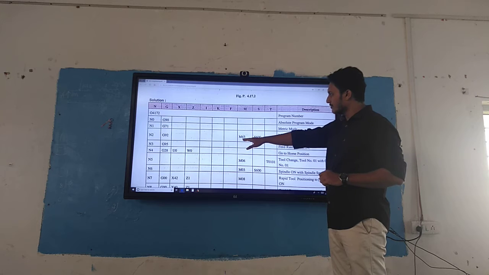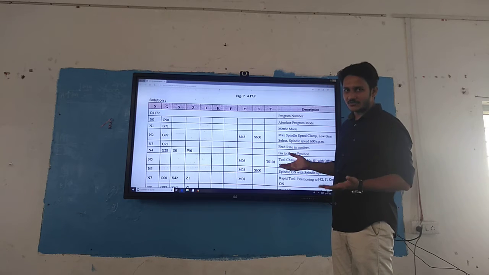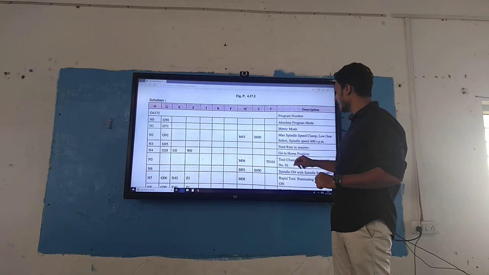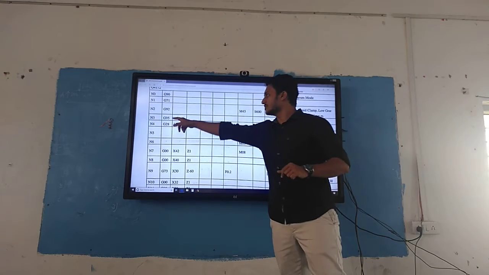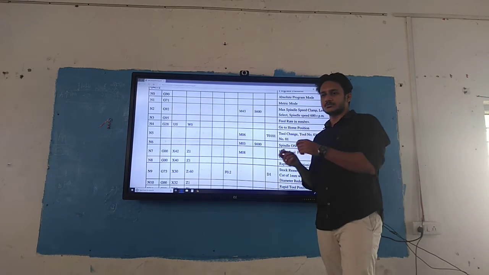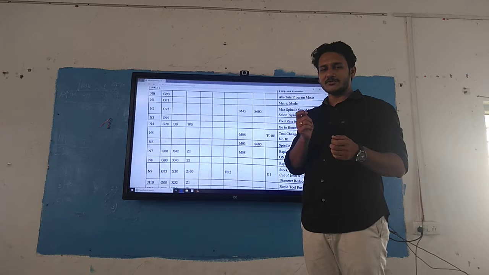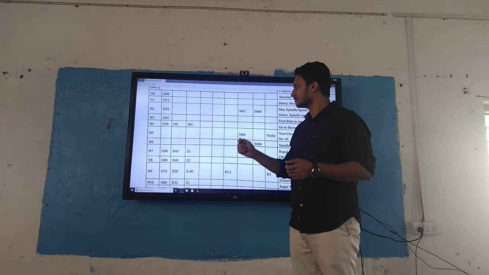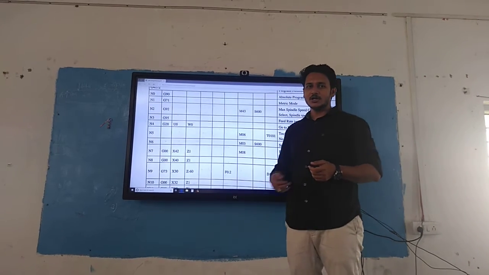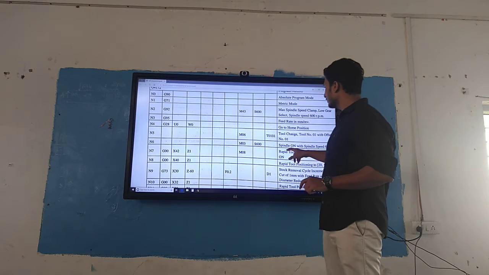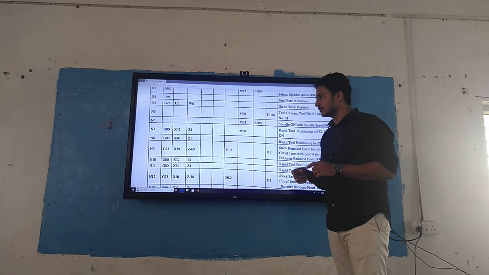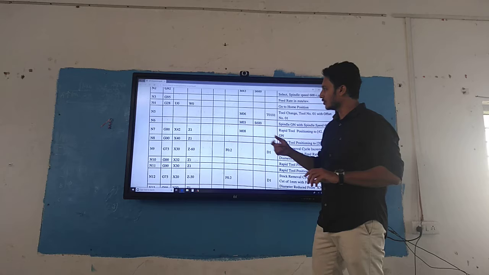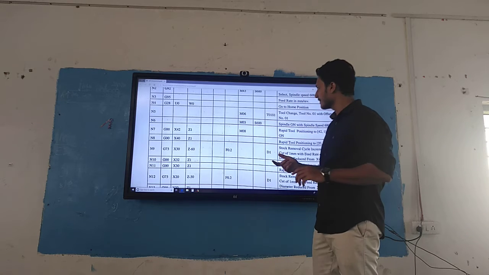For low gear M43 with the spindle speed of 600 revolutions per minute. Feed rate we have to start, so G95. We have to take our tool back from its home position, so that's why G28. Then we have to change the tool, so miscellaneous function M06.